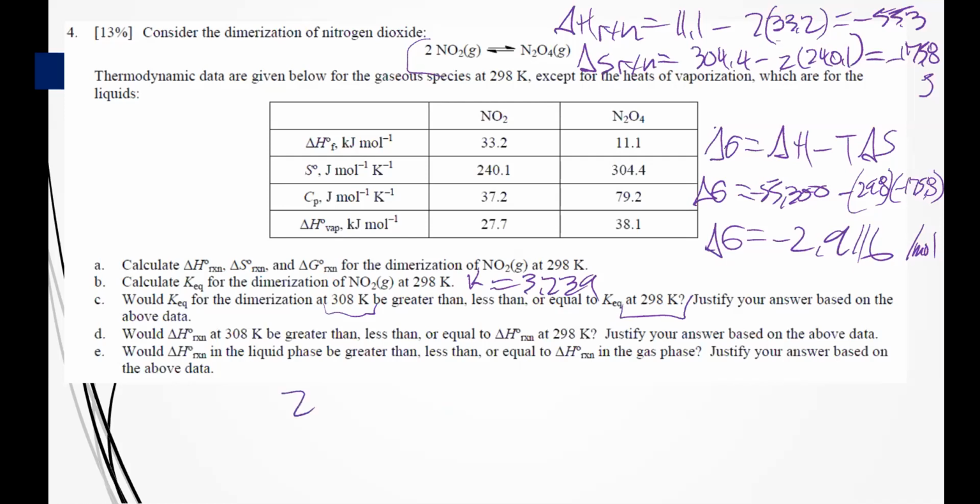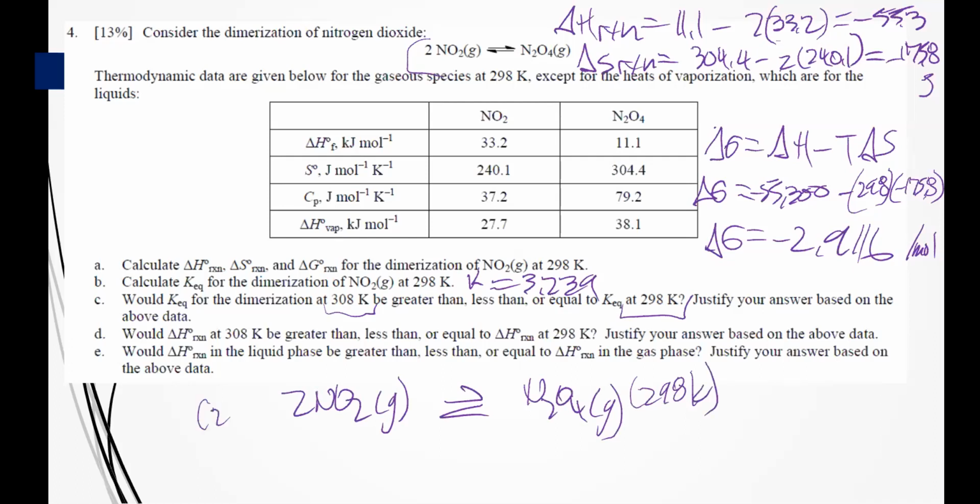And so if you were to write this equation at 298 Kelvin, that would be both of these at 298 Kelvin. We could change it to 308. All that would have to happen is we would have to heat this from 298 to 308. And so that's the CP times our